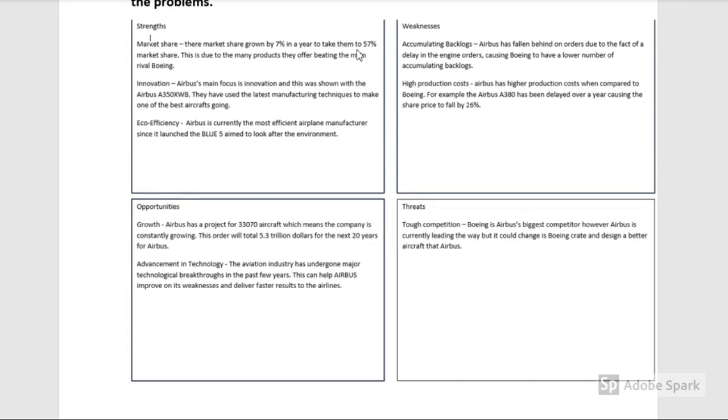So what I would do with these would be talk about and go into detail with the strengths. This is just a brief summary of the strengths, so I'd go into much more detail with them, and then go into much more detail with the weaknesses and decide whether there's more strengths than weaknesses. Then the opportunities and threats, talk about the growth and advancements in technology that Airbus could use, and then talk